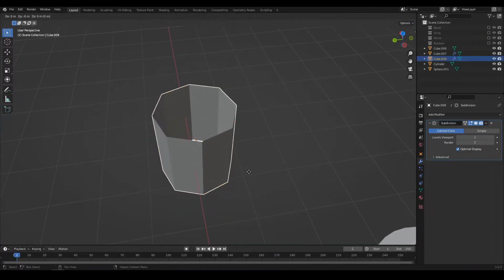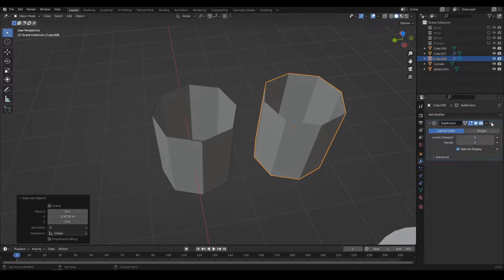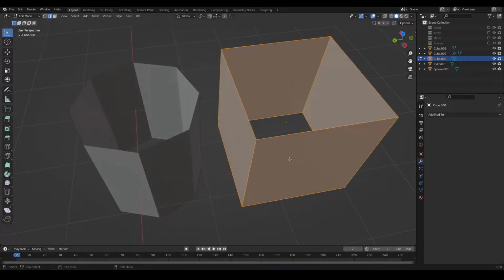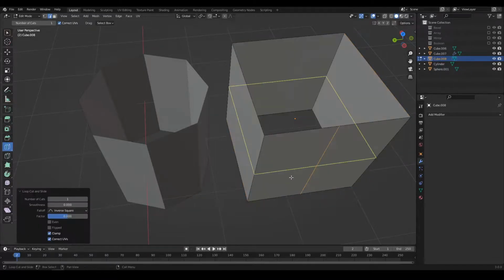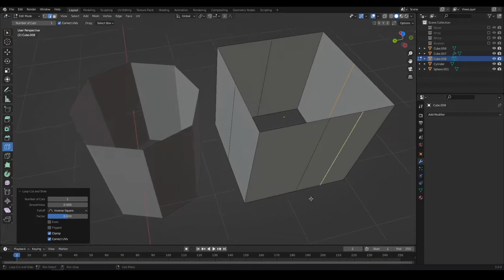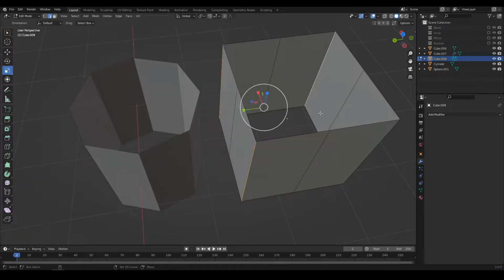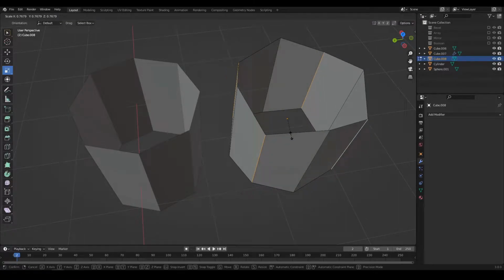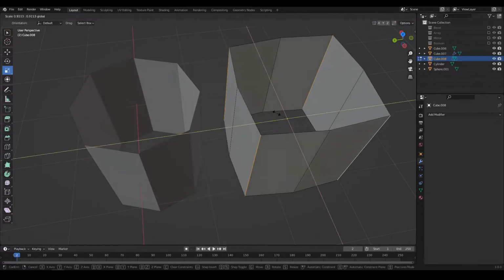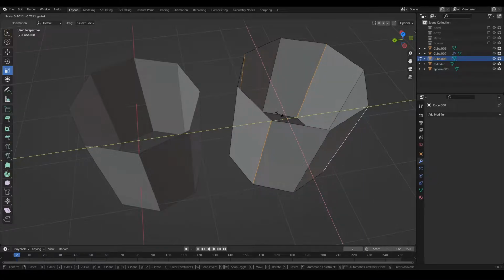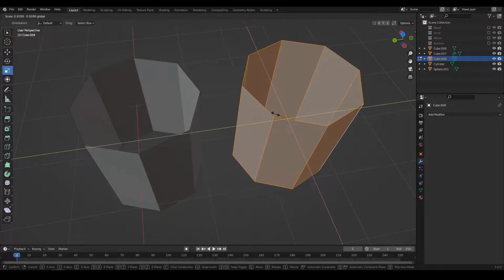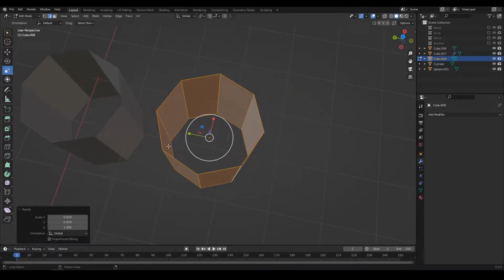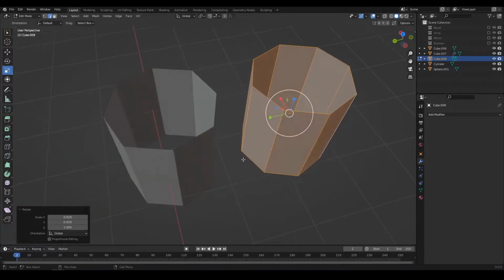If I am to duplicate this object here, remove the subdivision surface modifier, and try to simulate what it does, as if I had taken the loop cut tool, did a cut to all of these 4 faces like that, then taken the 4 corners, scaled them down a bit, but not on the z-axis, and then taken all the shape and scaled it down as well. Okay, it's almost similar to this operation. So what it does,